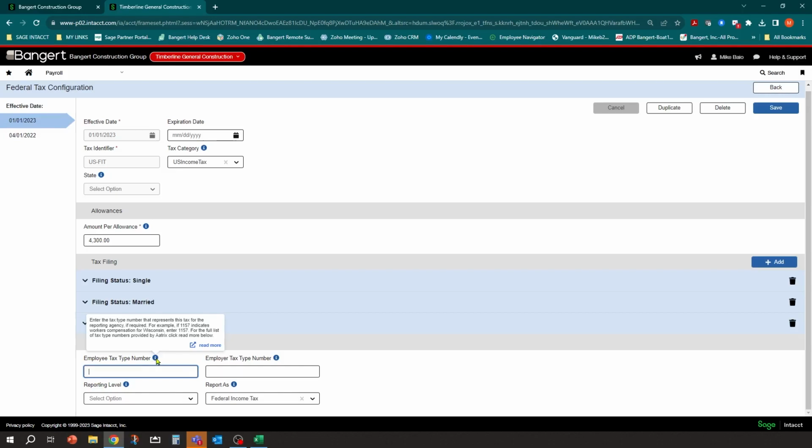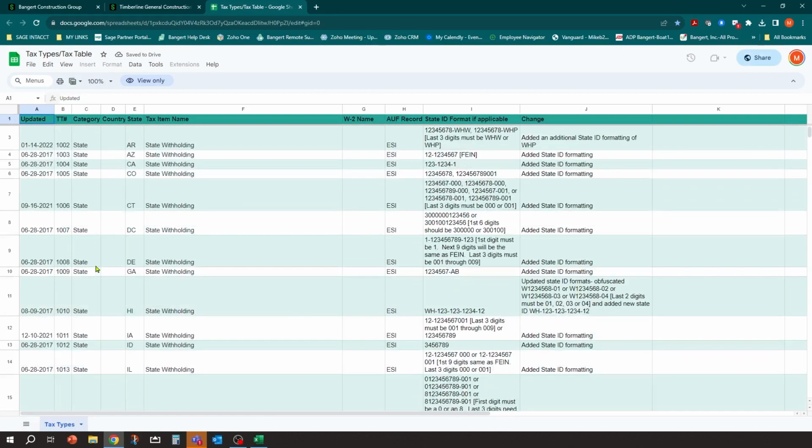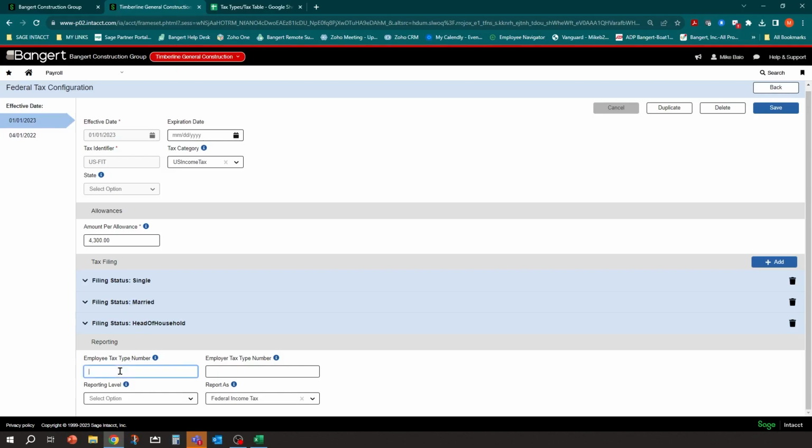But if I come into here and say employee tax type number and I click read more. So if you click on the information, you click read more, it will open up to the spreadsheet and tell you exactly what the code needs to be for that tax. So if I needed to report on Georgia state withholding, I can find that line here. And this second column, this TT number, that's the Atrix number. That's the 109. So that is the number that you'd want to put right here. We'll do that for W-2s and year end and things like that. We'll make sure if you need some stuff filled out. And then there's an employee and employer one.